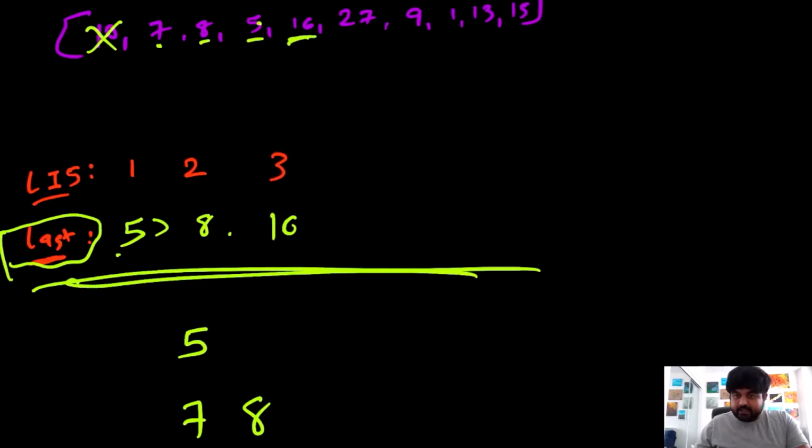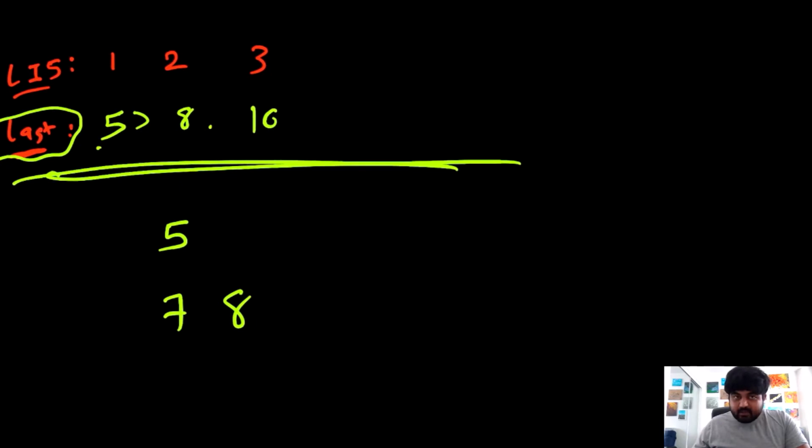So we would create a new entry called 3. And why we were able to make a new entry is because with this 7 and 8, we are not going to replace 8 by 16. We are actually going to leverage this 7 and 8 because they are already a subsequence, and our aim is to find the longest increasing subsequence. So why would we replace 8 with 16? It's actually in our favor to keep this 7 and 8 and create a new subsequence 7, 8 and 16,